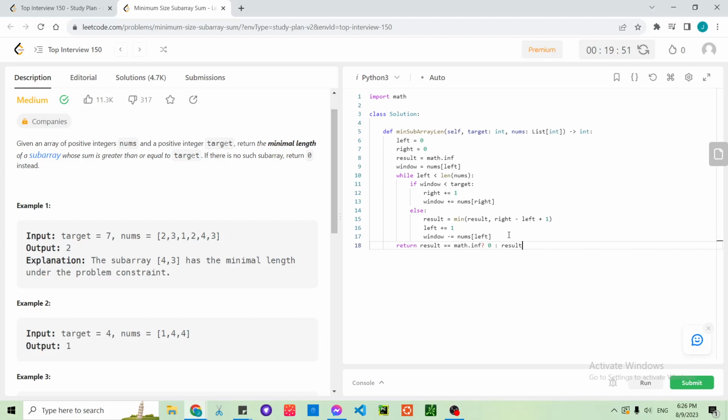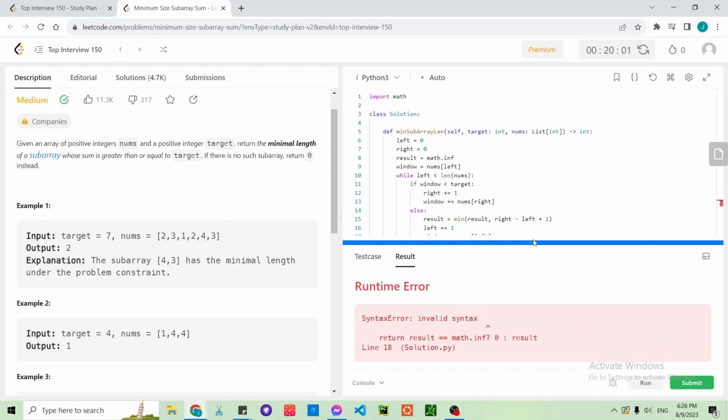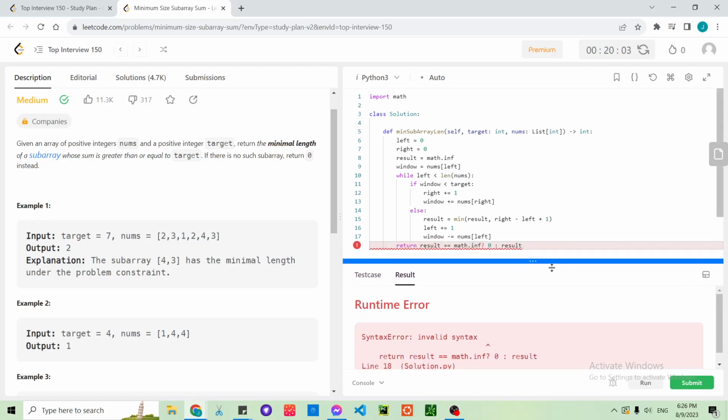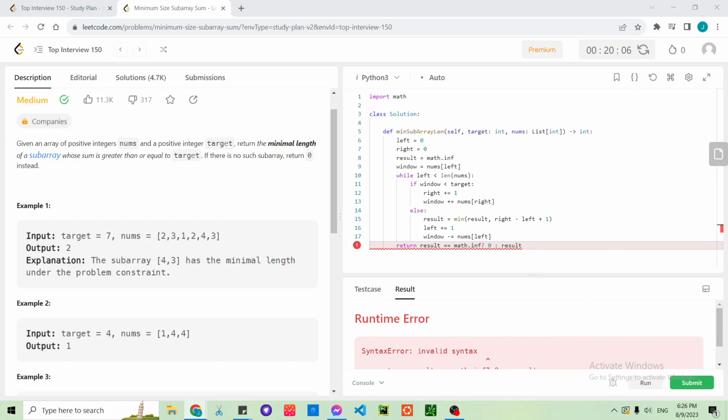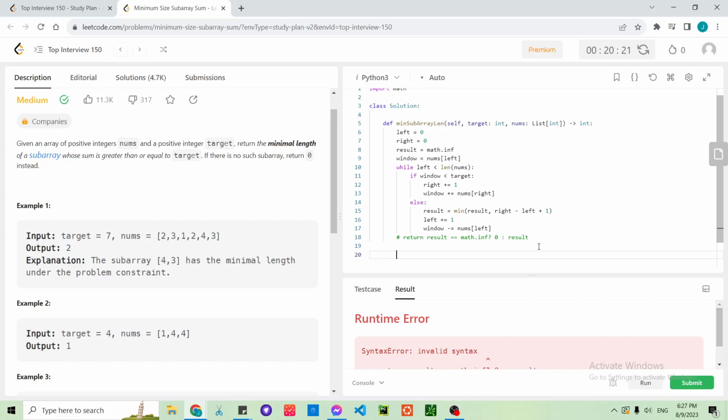That's the syntax for other languages. Let's see if this works for Python. I guess this is not the right syntax. Okay, so I don't know how it should be written. I'll look it up later. Let's just do if